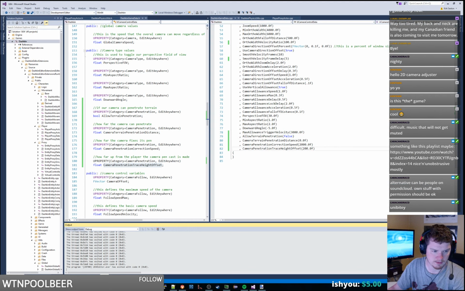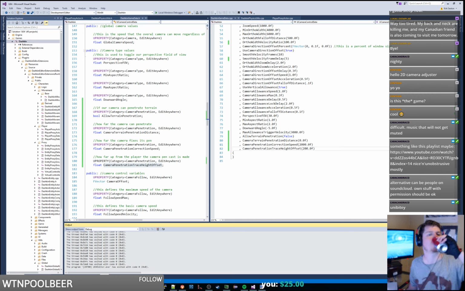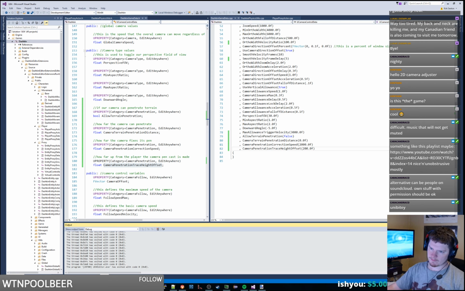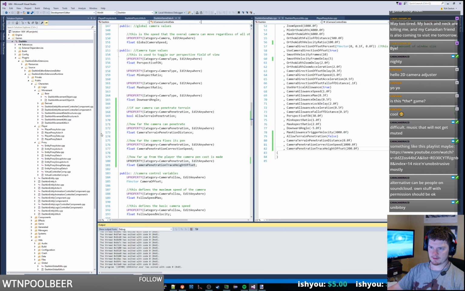So what else could we work on for camera stuff? We can get looking up and looking down is the other thing that we can do. And that's just going to be an additional offset height thing that we can apply. So why don't we just make that real quick. So looking up